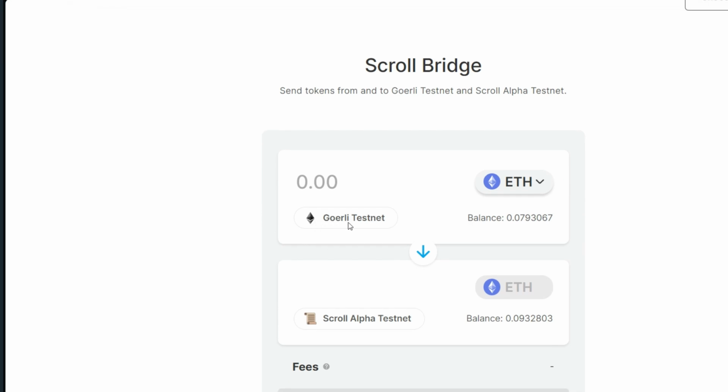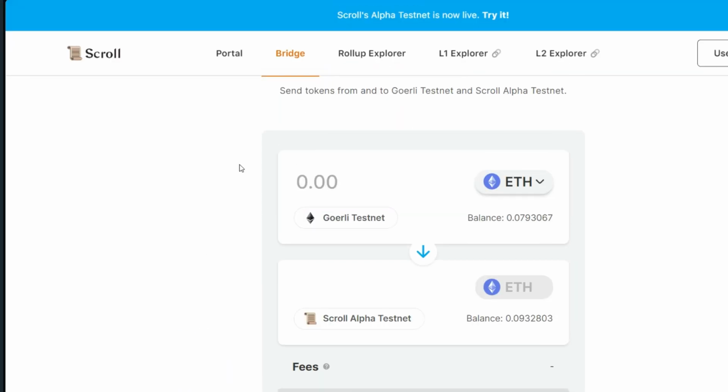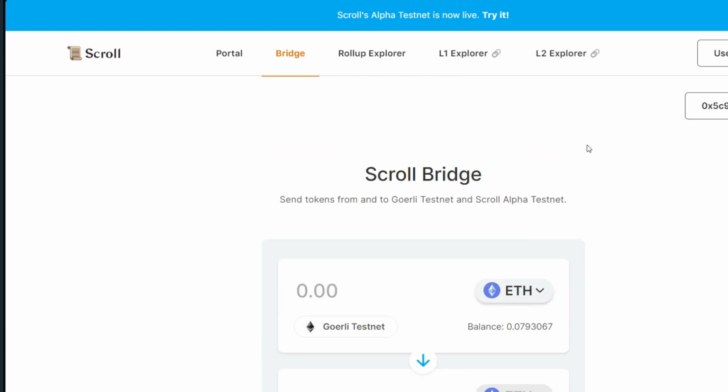Now you have to bridge from Goerli testnet into the Scroll Alpha testnet. I have done that already. As you can see, the balance I have on Goerli and that of Scroll Alpha testnet. So just enter any amount you want and bridge over, and that is what you need to do for now in this application. Okay, then the next thing we have to do is to go ahead and deploy a contract